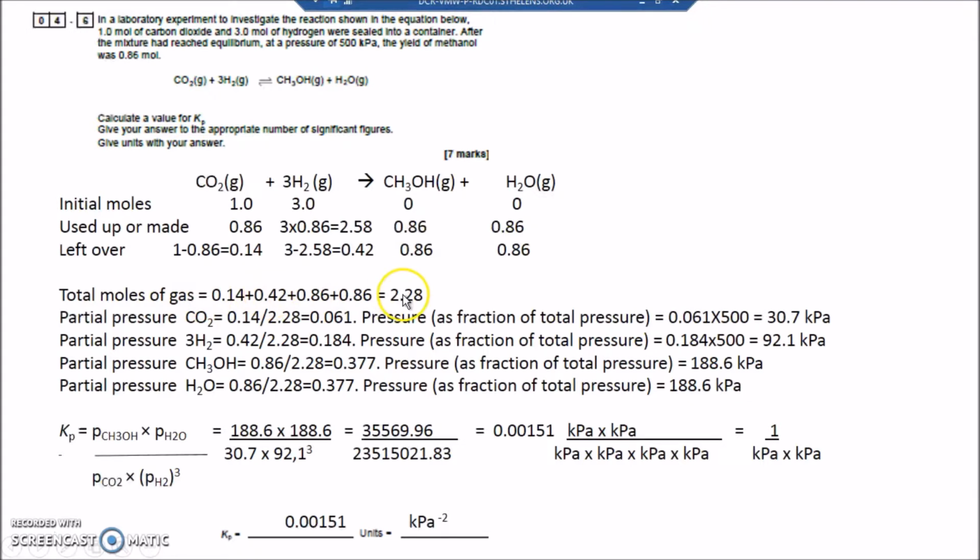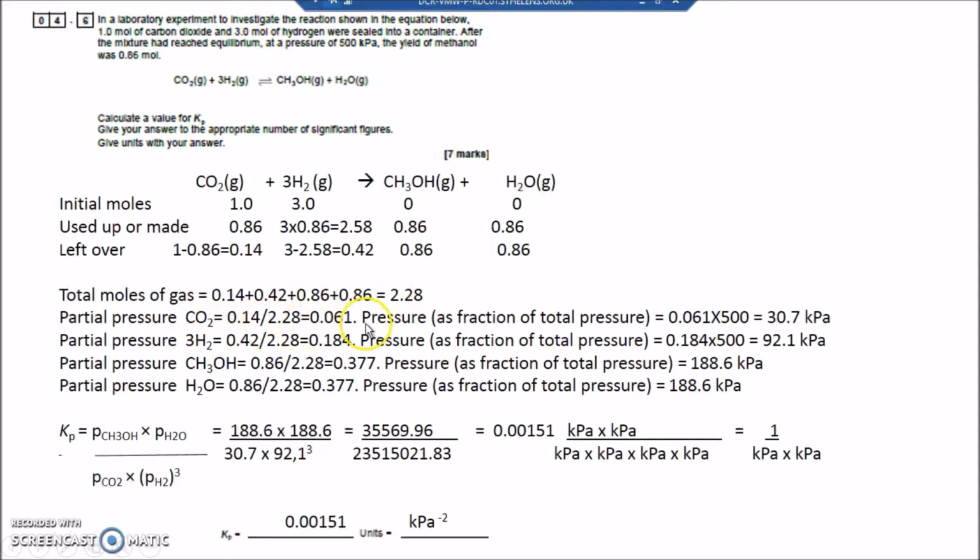So the total volume is 2.28. When I add up the numbers of moles of each of these, that equates to volume as well. So number of moles can equate to the volume. So total moles of gas: 0.14, 0.42, 0.86, 0.86, 2.28